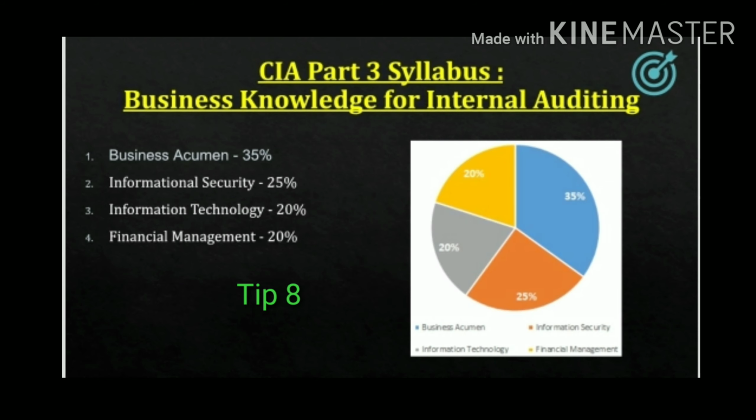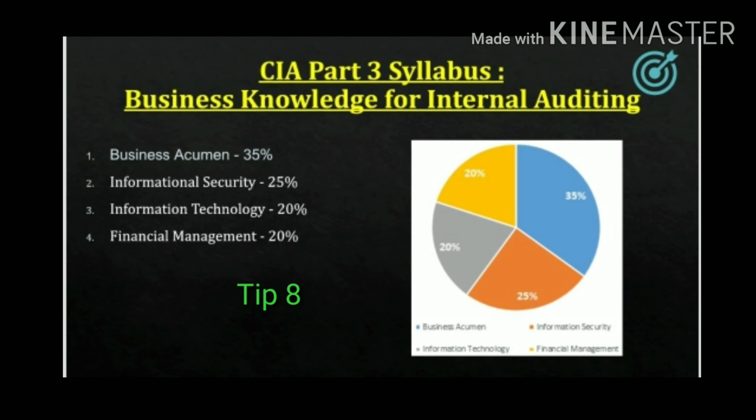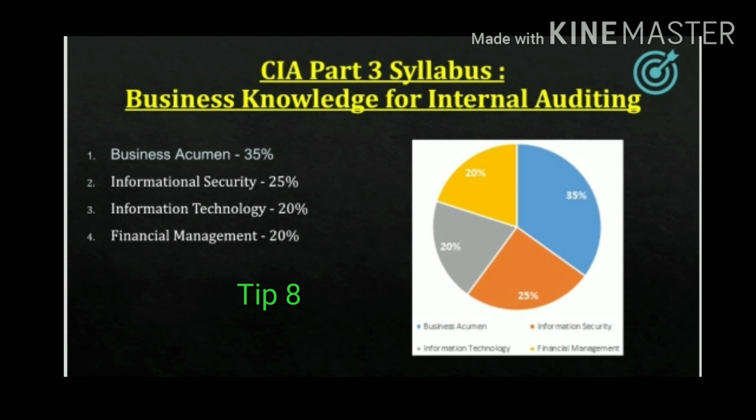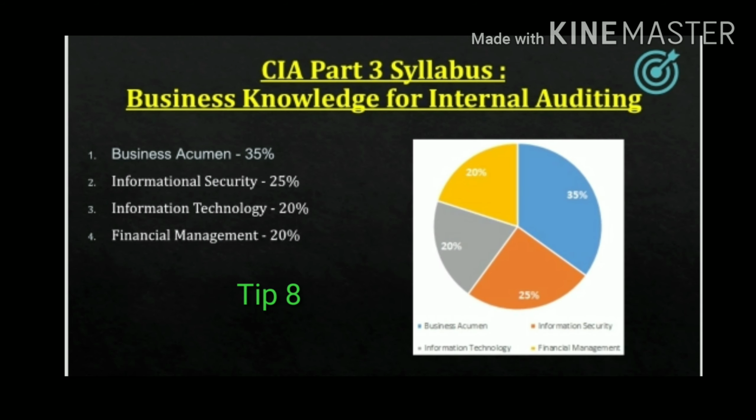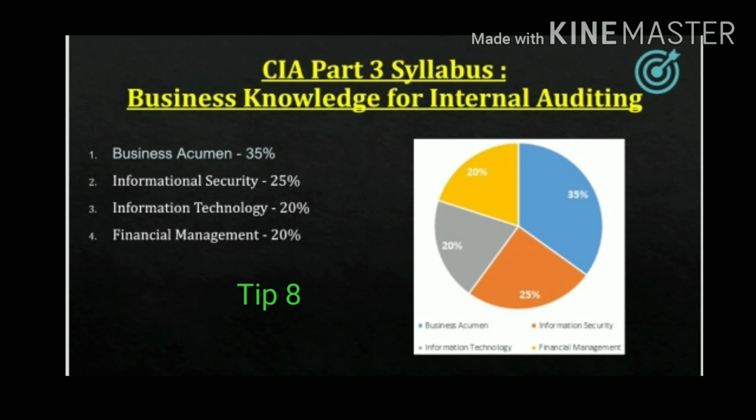Now, my tip 8 is to work through plenty of practice questions. Note the systematic errors you make, for example getting the wrong answer for certain topics or certain types of questions. This will help you identify and refine your weakness areas and be ready to pass the CIA exam on your first attempt.